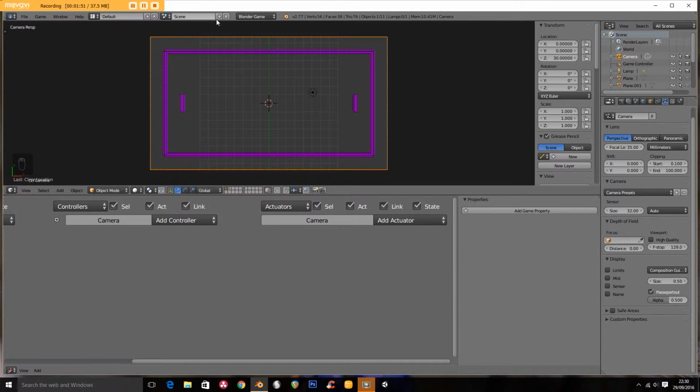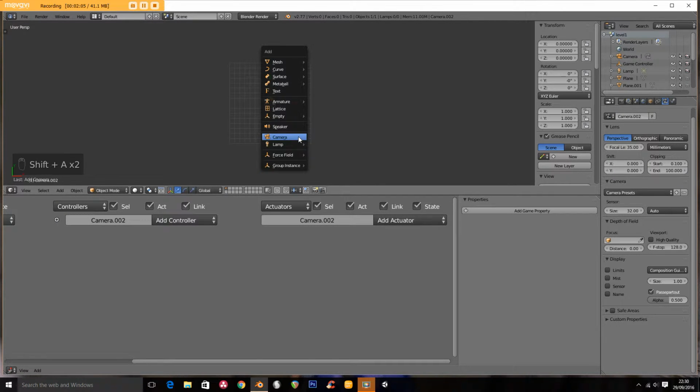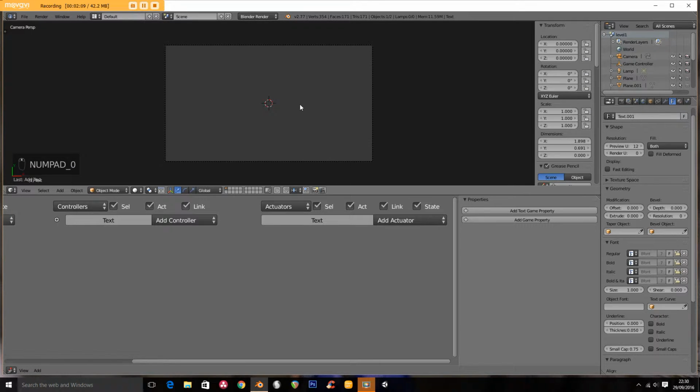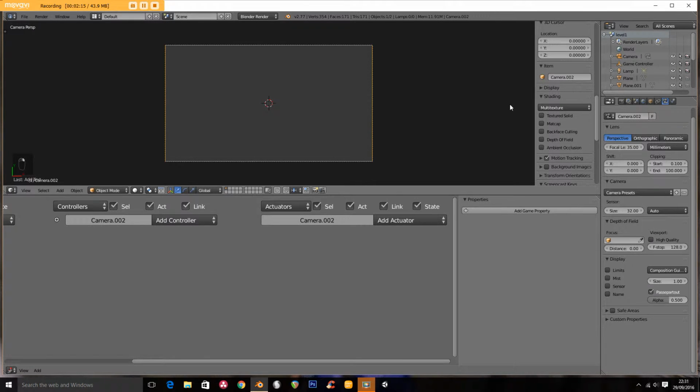Now I'm going to create a new scene. So I'm going to call this level 1. So new scene. And there's nothing in this scene, absolutely nothing. So I'm going to add a camera, I'm going to add a piece of text, and that's going to be my score. Now when I look through the camera, I can't see the text. So I'm going to select my camera and rename it Hood Cam,